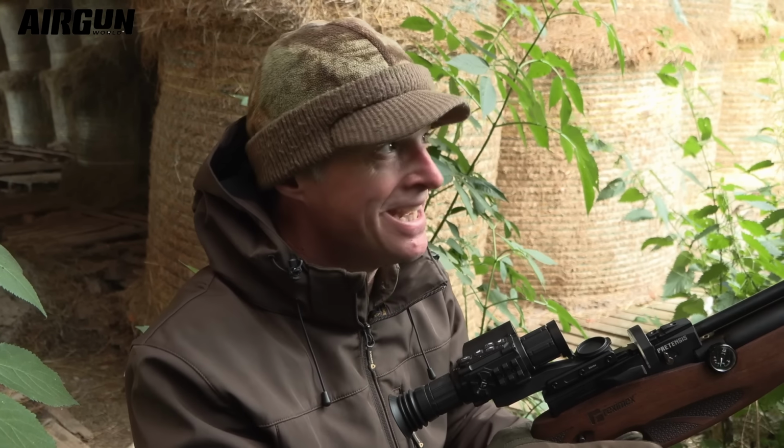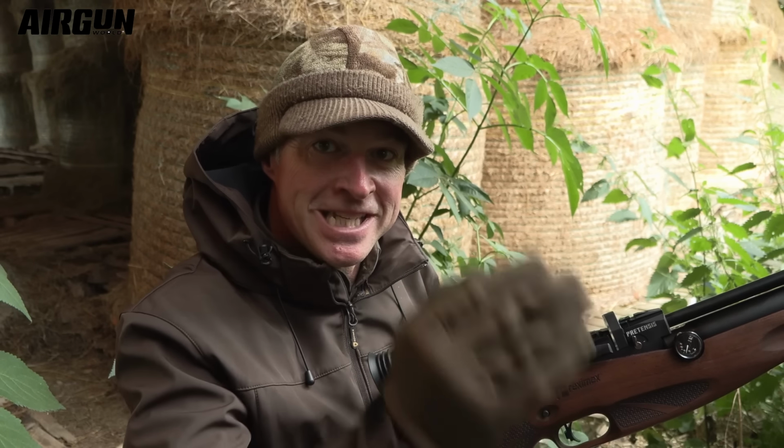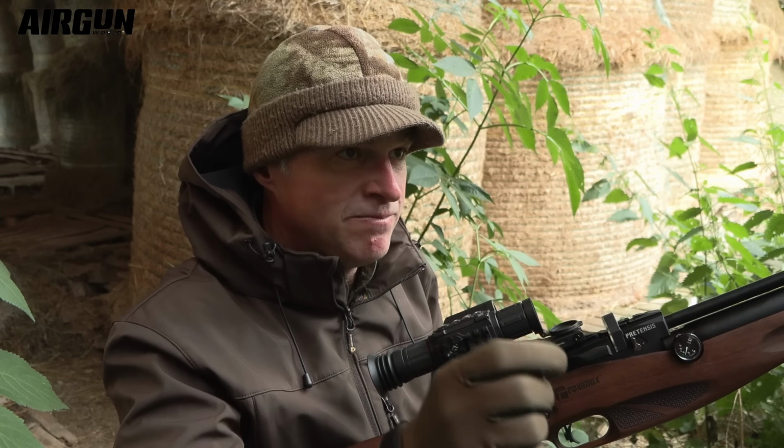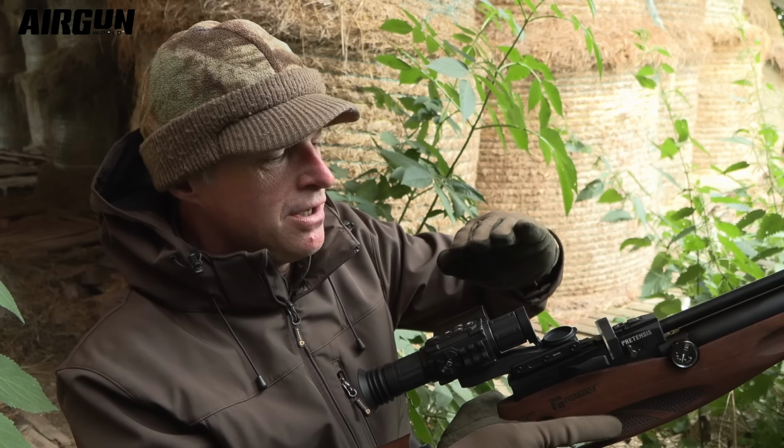I literally felt the thump of that one hitting the ground through my backside, it came down so hard. Now you will probably notice from the footage that I actually shot that one through the wooden slats that make up the side of this barn. It's not a very wide gap, I guess it's about 1.5 inches, but thankfully, because of the angle gauge